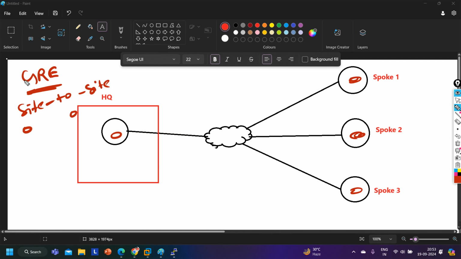Now we have multiple modes of GRE. By default, when you are creating the tunnel, like when I run the command interface tunnel 1, the tunnel mode is GRE by default. But guys, we have another mode of GRE as well. We can configure GRE mode